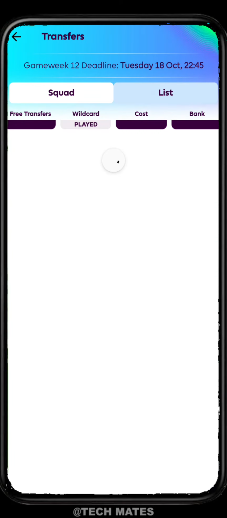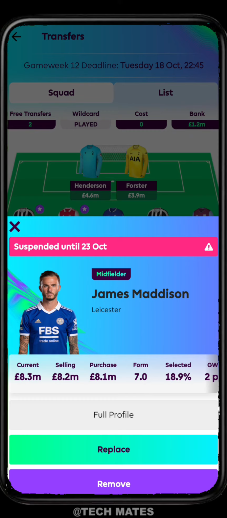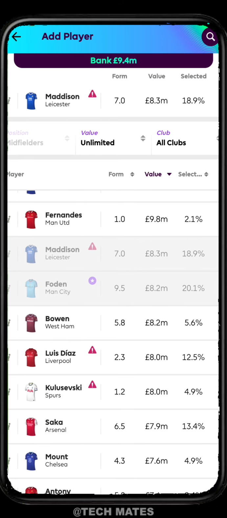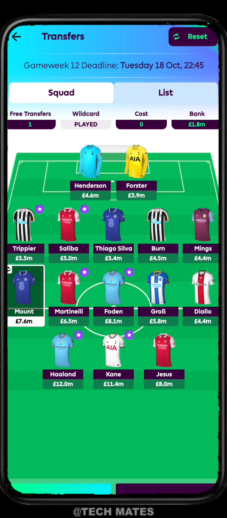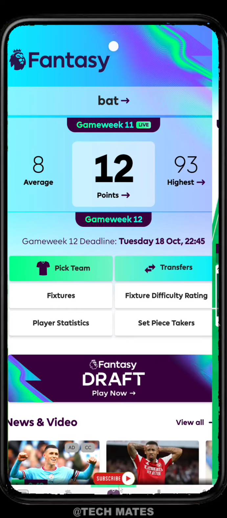and if you want to transfer in the next game week, you can just click on transfer. You click on the player that you want to transfer on, you click on replace, and you replace it with the player that you want to transfer with. So you click on anyone, then you click on next, and you can use various functions such as wildcard and free hit. So these are everything that you need to know,